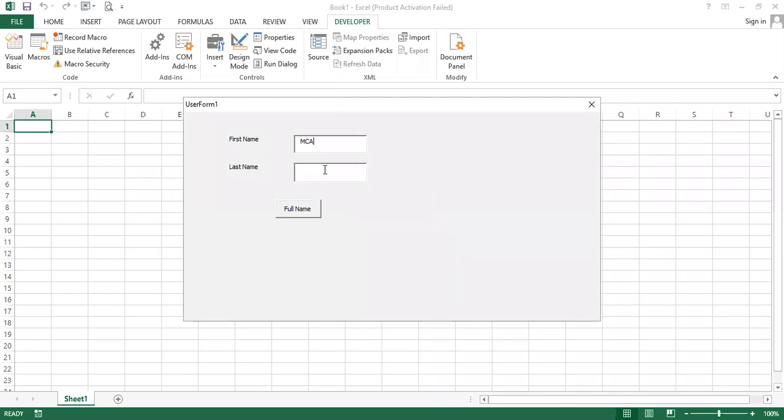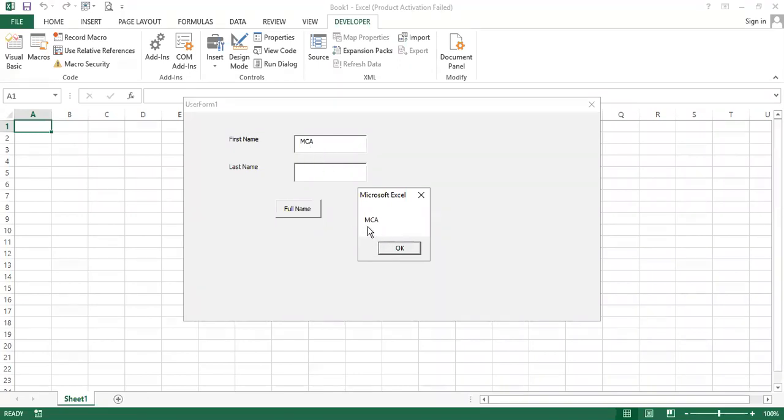So I will exit this either using tab or using mouse. If you are coming out of the text box, then the exit event, similar to the on blur event we have seen in JavaScript, will be triggered. What we have done there is simply displayed the value of the text box.